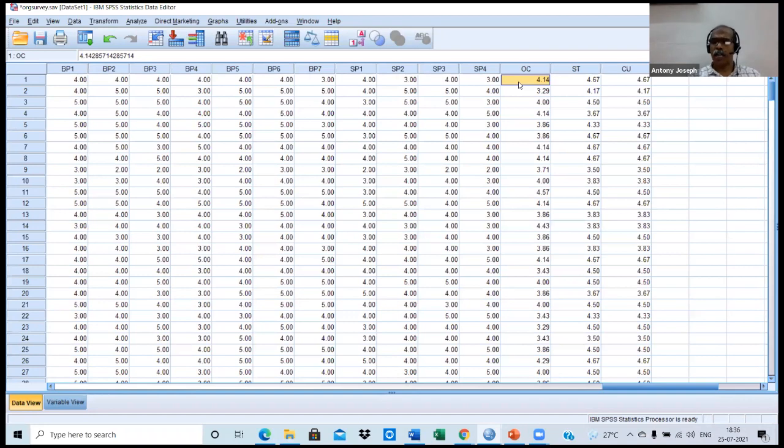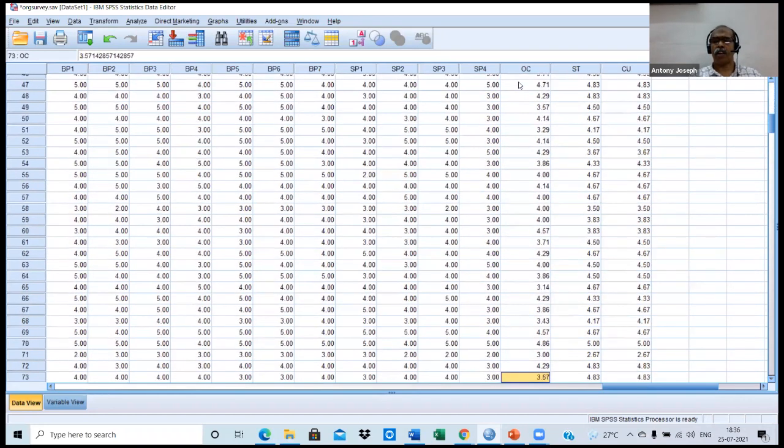So you ensure whether the values are within 1 and 5. Okay, look here. Values range in between 1 and 5. You can't see any value, any number greater than 5 and lower than 1.